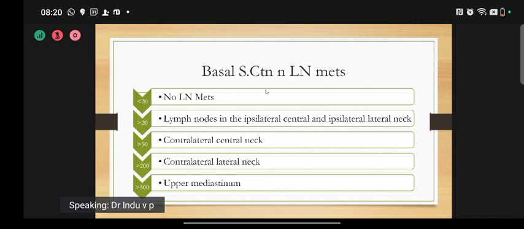The relationship of basal calcitonin with lymph nodal mets: if the calcitonin is less than 20 picogram per ml, usually there won't be any lymph node mets. If it is more than 20, lymph nodes in the ipsilateral central and ipsilateral lateral neck are possible. More than 50, contralateral central neck lymph nodes are possible. More than 200, there is chance for contralateral lateral neck nodes, and more than 500 means there is chance